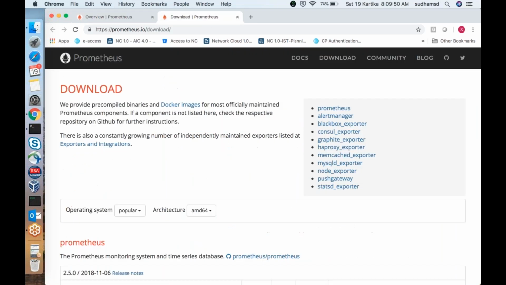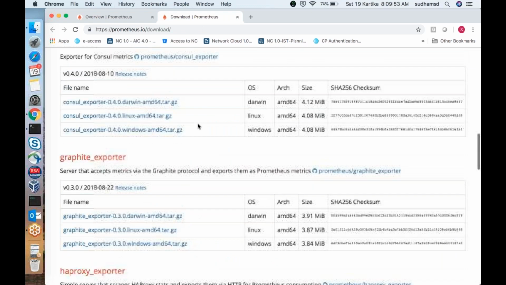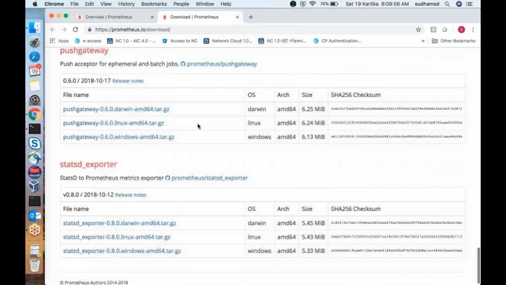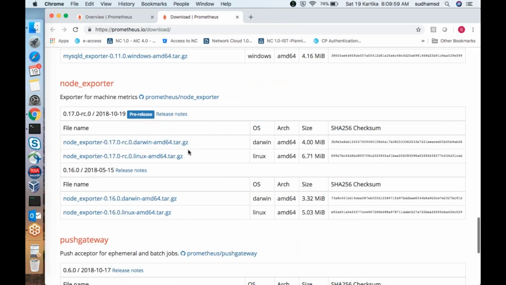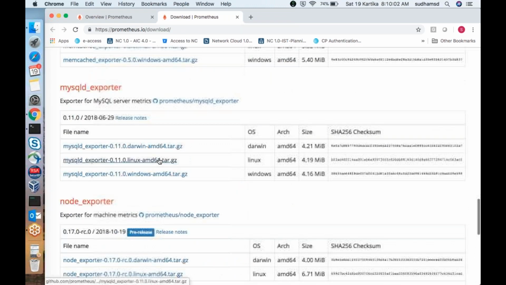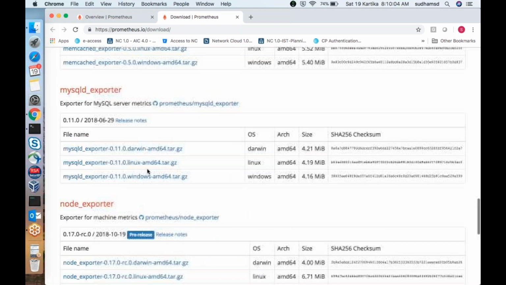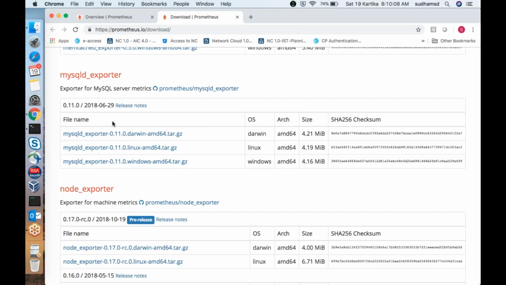Here we have different exporters: node exporter, stats exporter, push gateway, MySQL exporter. If you want to monitor MySQL related information, we need to install this MySQL exporter on the MySQL node. After you install it, you need to tell Prometheus that this information needs to be passed, so you need to change the configuration file. After that, it will do it.